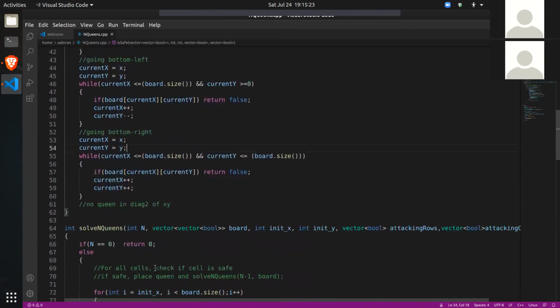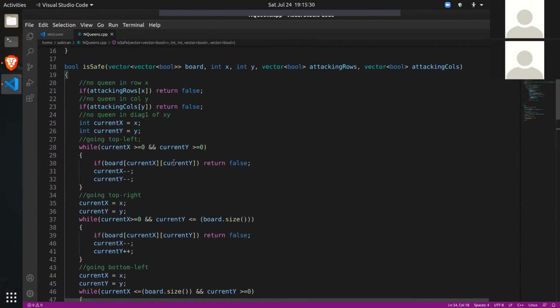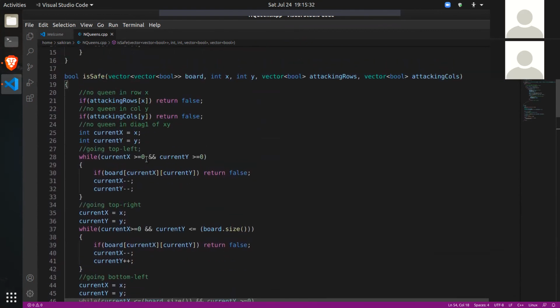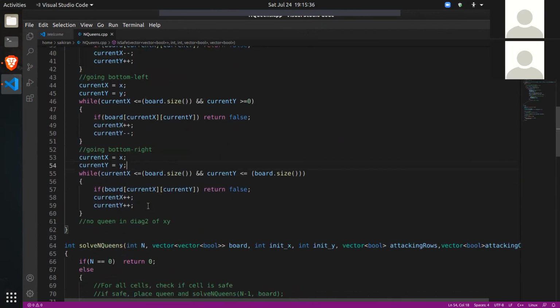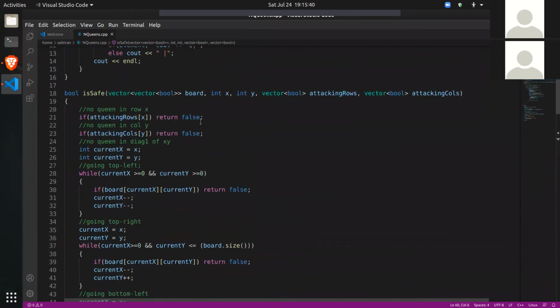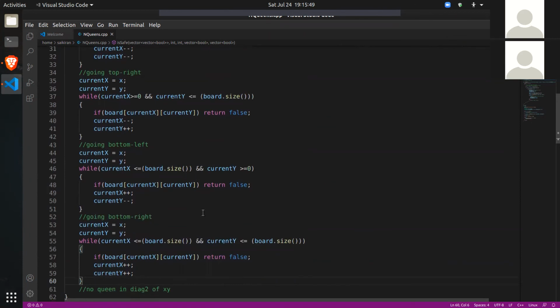Okay, guys. So we checked everything so far. We checked rows, columns, we checked the diagonals, all four directions. And if any one of these failed, then it would return from here, right? If row failed, false. Column failed, false. Top left failed, false. So if any one of these failed, it would return false.